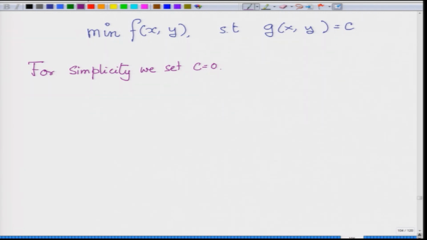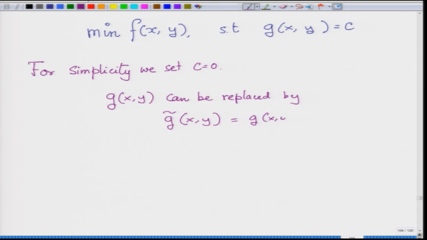which means that I can always, instead of g x y, replace it by g tilde x y, where g tilde x y is equal to g x y minus c. So, our constraint can now be written as g tilde x y is equal to 0. So, without loss of generality we can always take c equal to 0, and hence we shall now focus on the problem